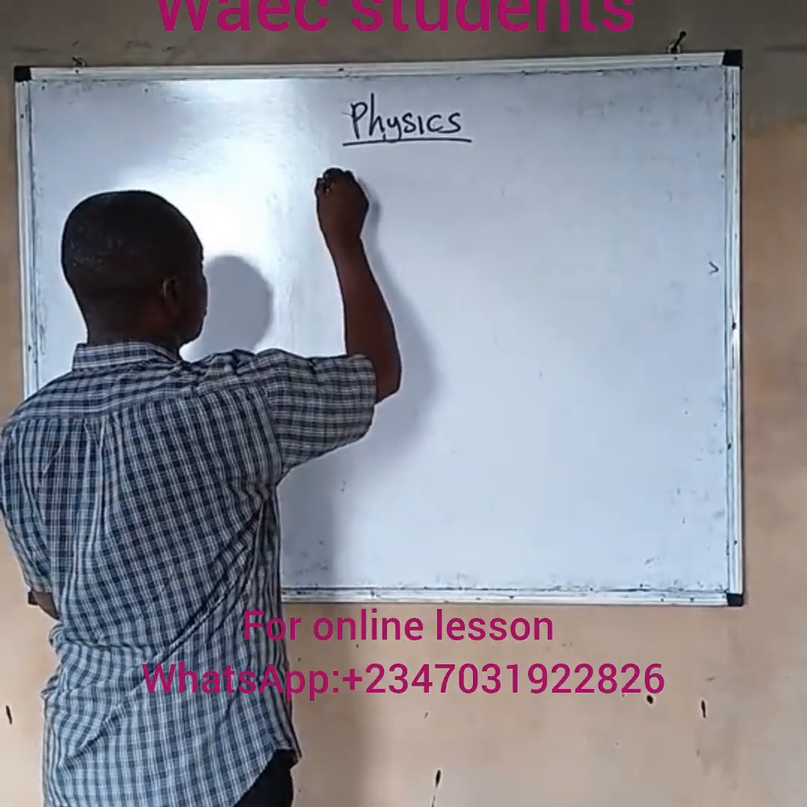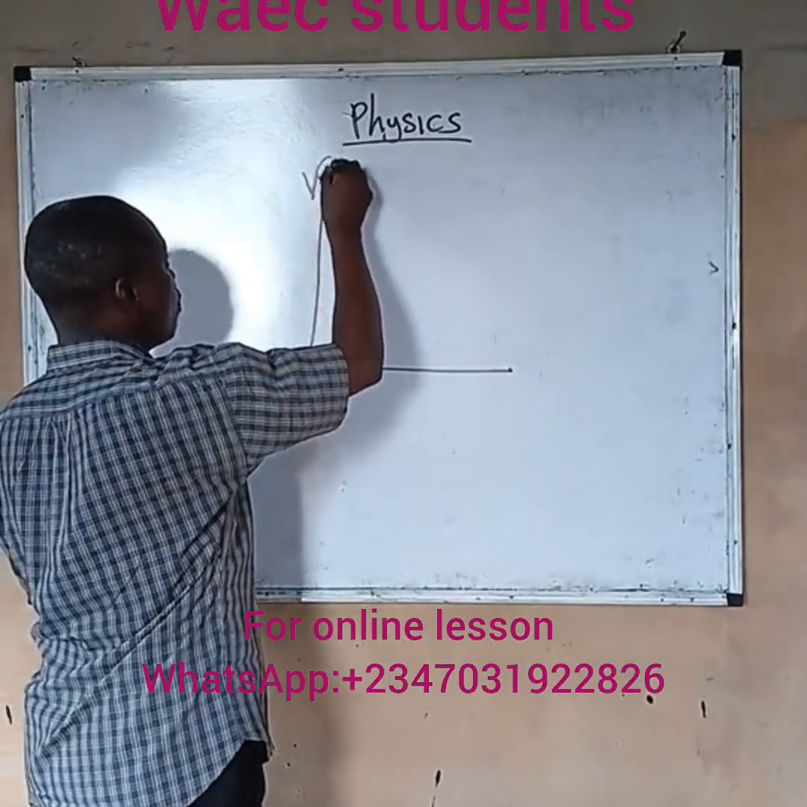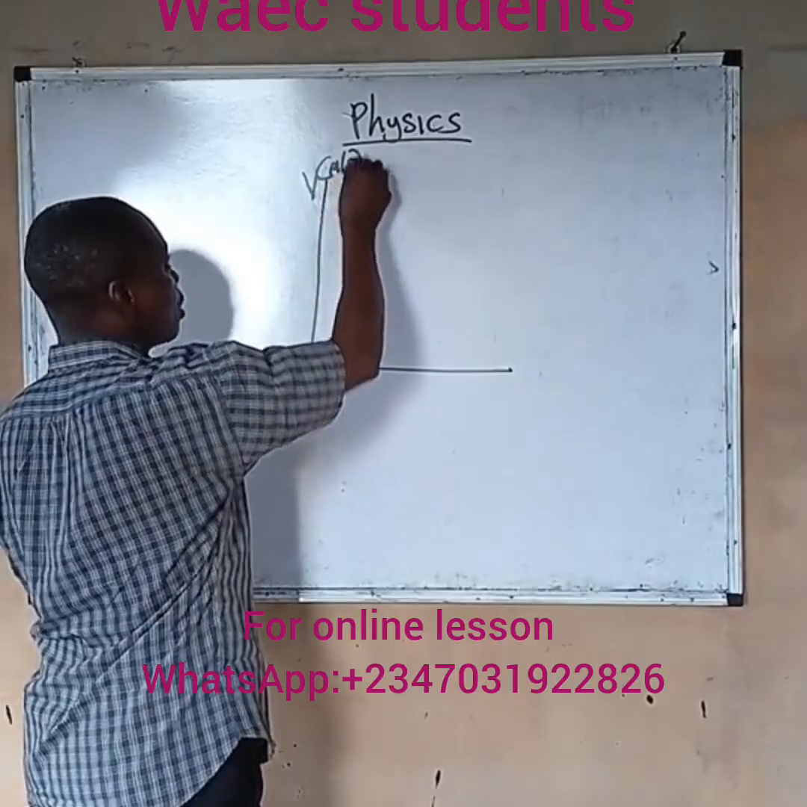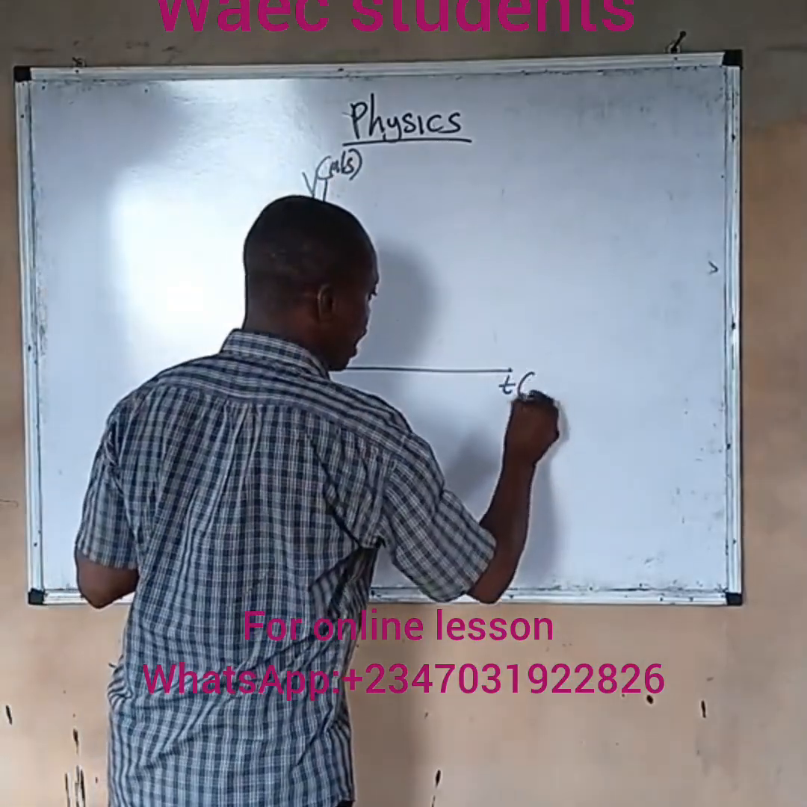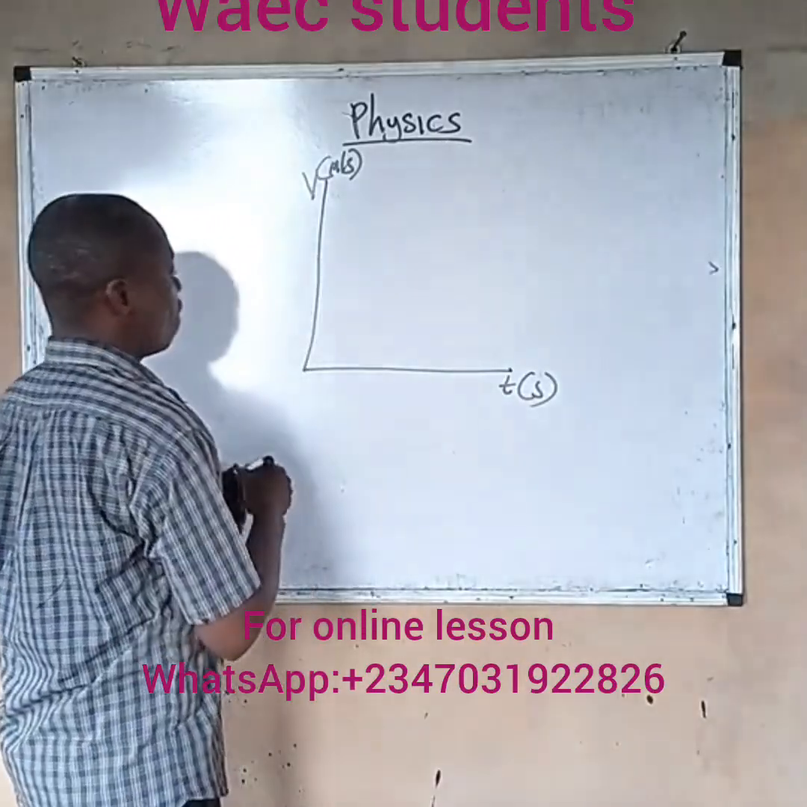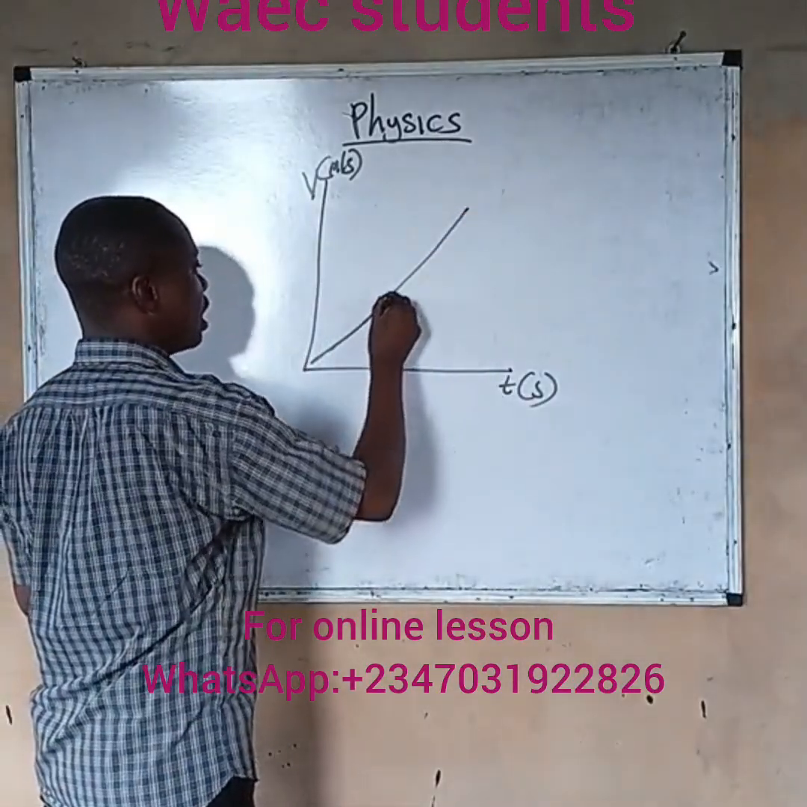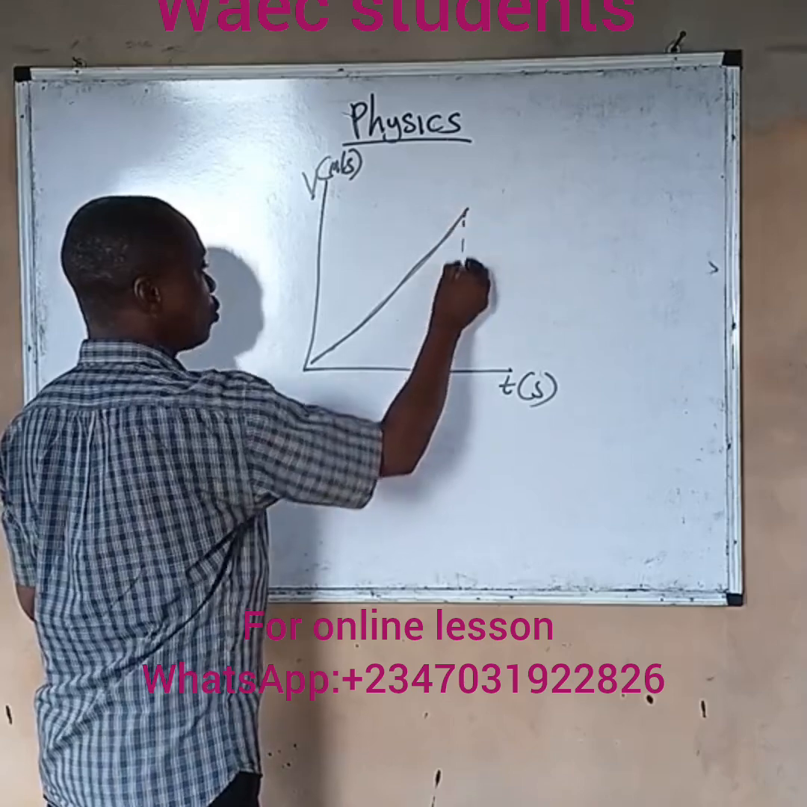In the case of a velocity time graph, we are using velocity. The unit for velocity is meter per second, while the unit for time is second. Now, when you plot again, you have a straight line graph. So when you try to get the slope,